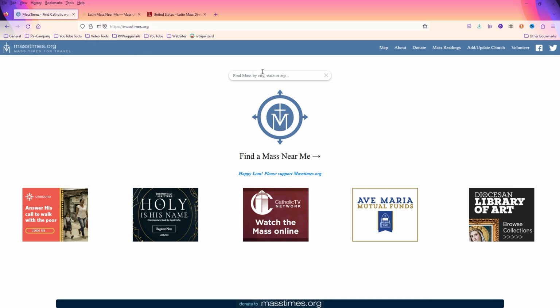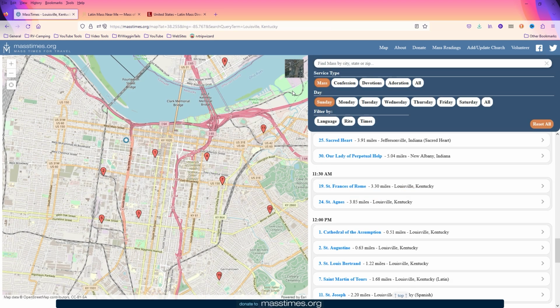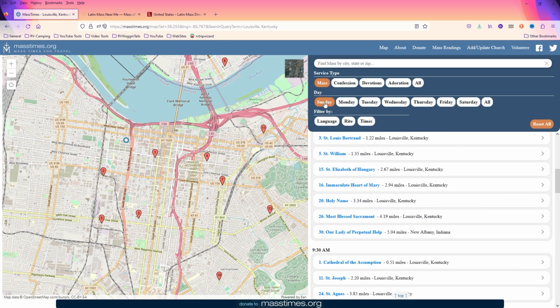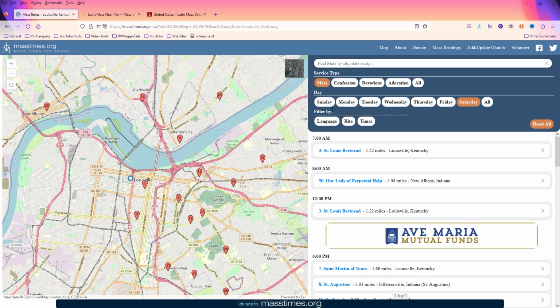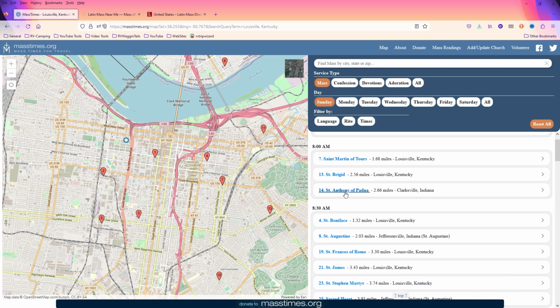Back to masstimes.org, if you just type in, we'll say Louisville, Kentucky. So here it will just give you a list of all of the parishes, basically within, I don't know what the radius is, but it looks like a 10-mile radius maybe of Louisville, Kentucky. And you can look through the list here, and you can look at the times that you might want to go on a Sunday. If you want to try Saturday, it may have a broader range because there may be more masses available on a Saturday vigil. But we're going to stick with Sunday, and here we have an 8 a.m. at these parishes,